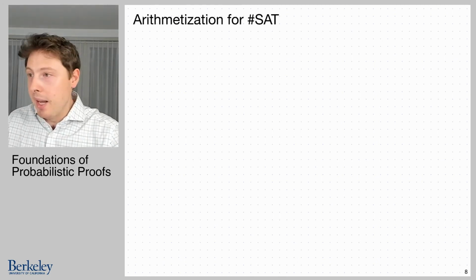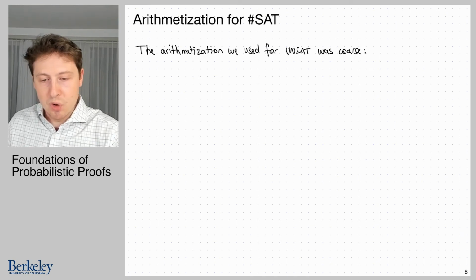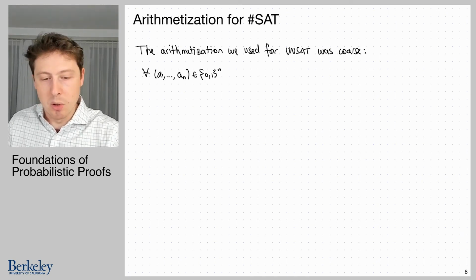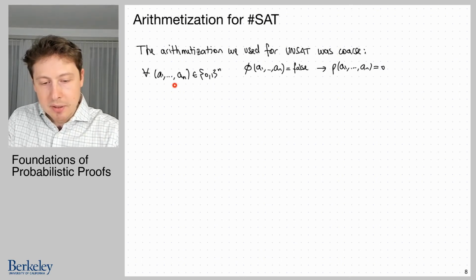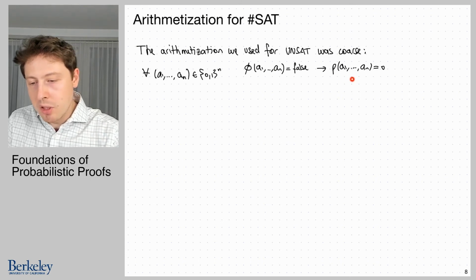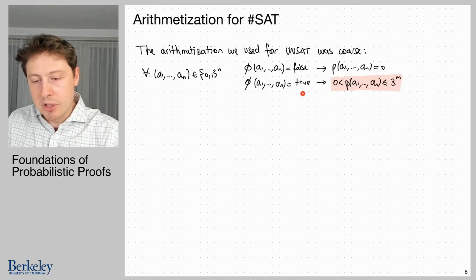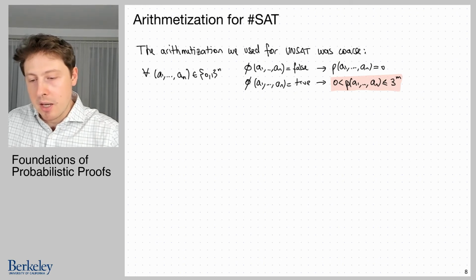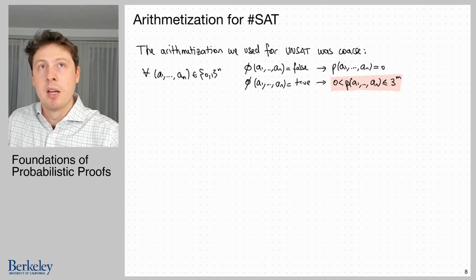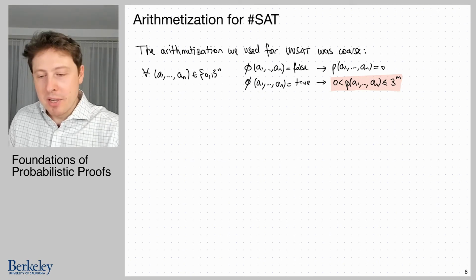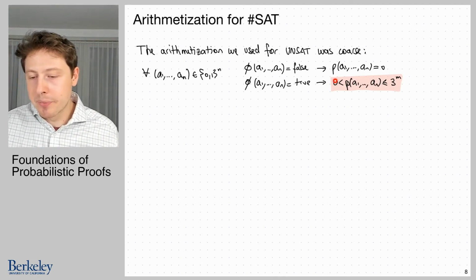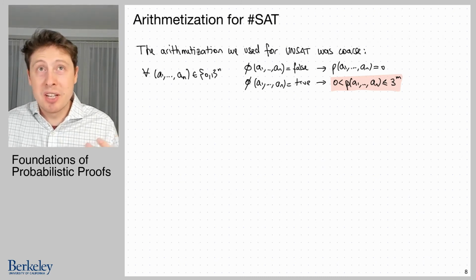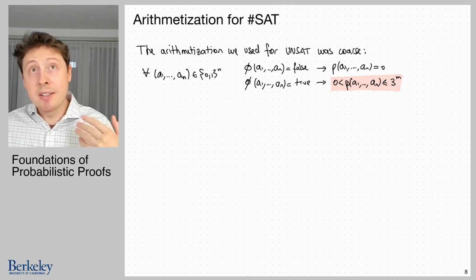For that, we're going to need to change the arithmetization a little bit, because the one that we had was rather coarse. Namely, for every assignment, if the formula was false, then we knew that the polynomial would output 0. But if the formula was true, all we knew really was that the polynomial would output some integer that is greater than 0 and at most 3 to the n. But it's not very precise, right? What integer is it? So if we were to sum this up over the entire Boolean hypercube, we just get some unpredictable sum. Okay, so we're going to get some more control here,